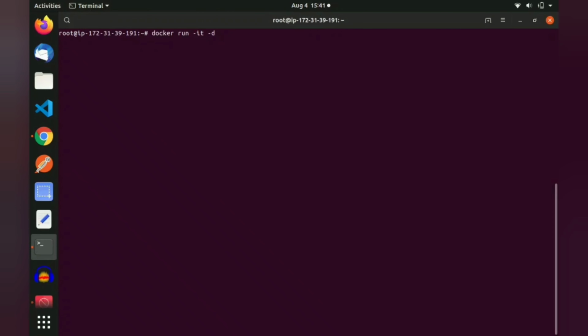In this case, I am using the docker run command to run a Docker image, using the options -it, where i is for interactive and t is for TTY, -d starts the container in the background, and -p specifies the port. Now the Docker container is up and running.